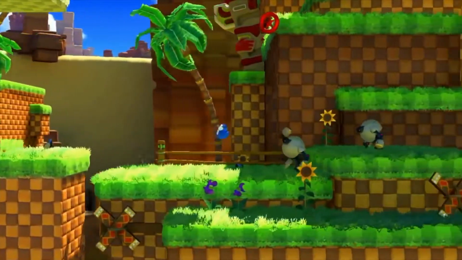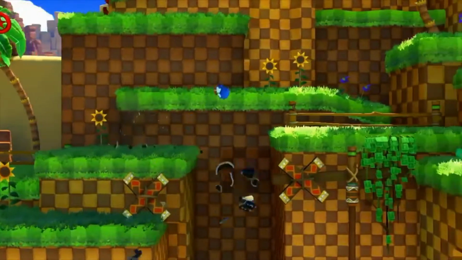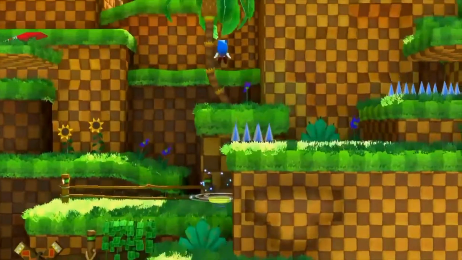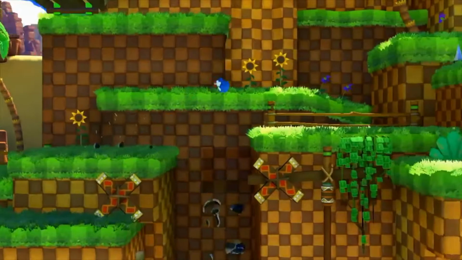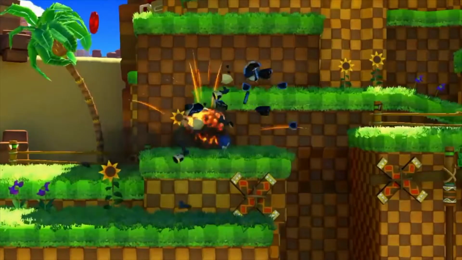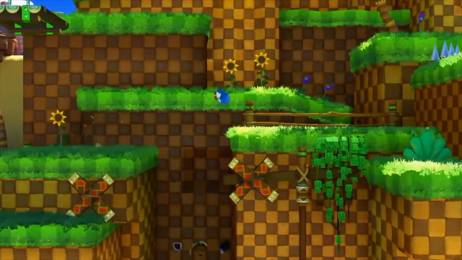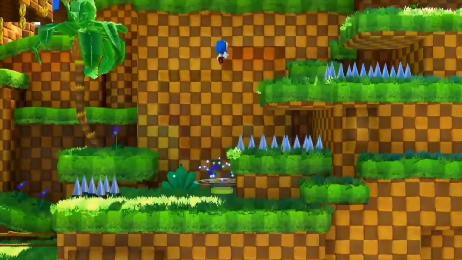Now, I do want to slow down some footage right here to point out something very interesting. Just about to happen, boom, Sonic does the drop dash from Sonic Mania. So, is that the twist of the classic Sonic gameplay in Sonic Forces? I'm hoping that's not it. That would be a little bit of a cop-out in my opinion,